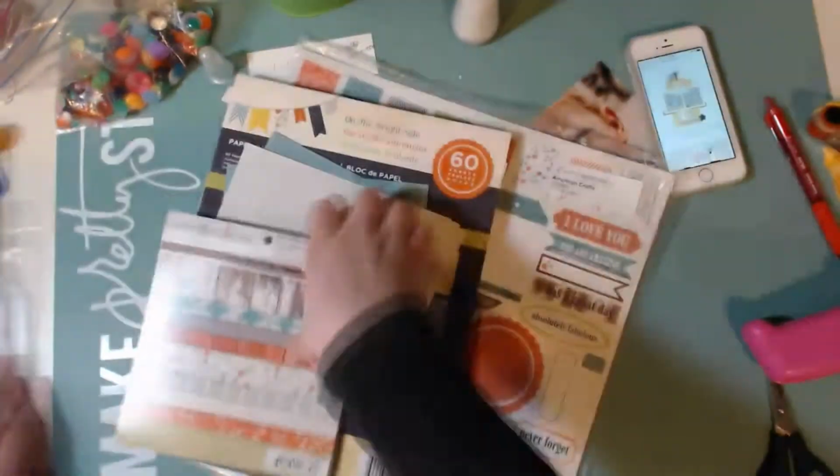For this challenge I will be using that sketch and I am just going to do my own version of it. So for this layout we are going to be using 6x6 pads. I am showing you the collection I'm going to be using, which is called On the Bright Side, and it came with some cutouts, cut aparts,